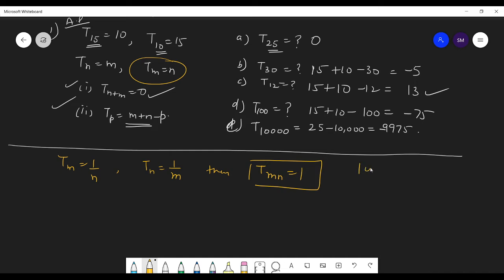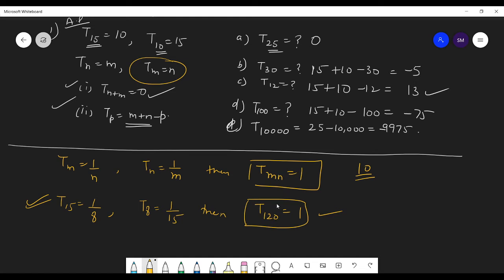Okay, in class 10 you did this question. That's good. So now the question will come like this: the 15th term of the AP is 1 upon 8, and the 8th term of the AP is 1 upon 15. Then what will be the 120th term? So this question will come. What is the 120th term, students? 1. Yes. So these are the shortcuts.